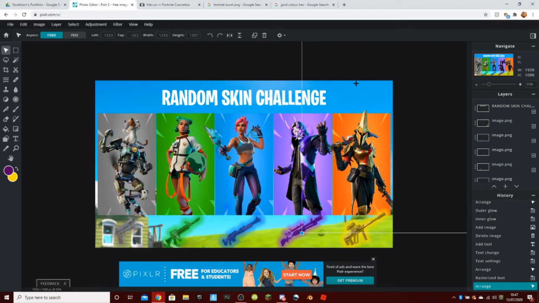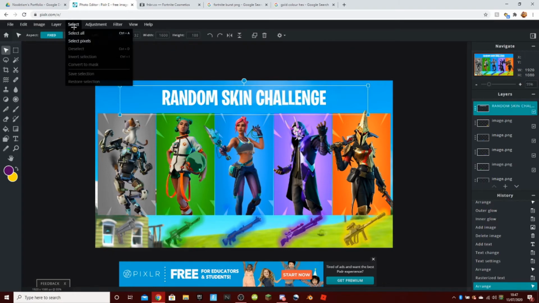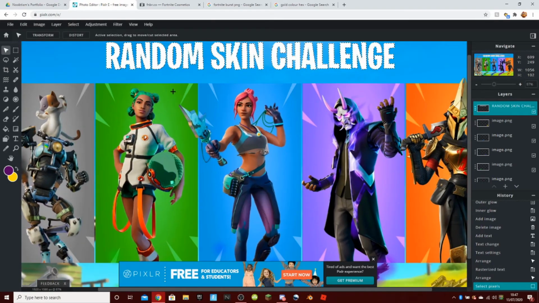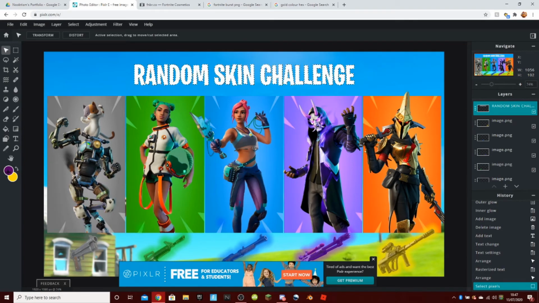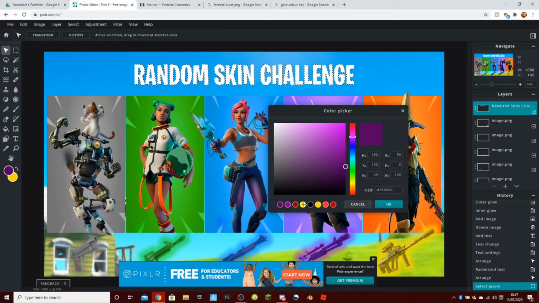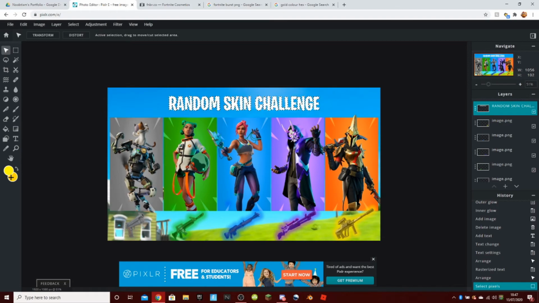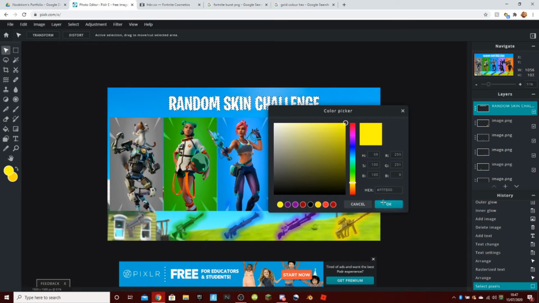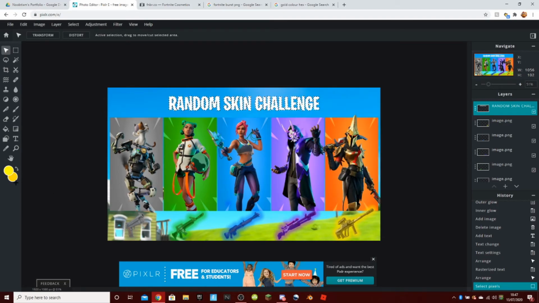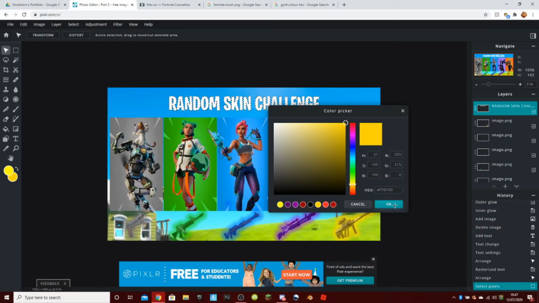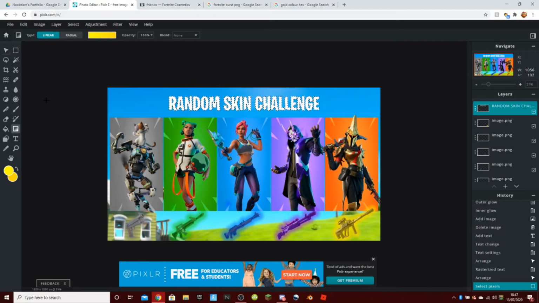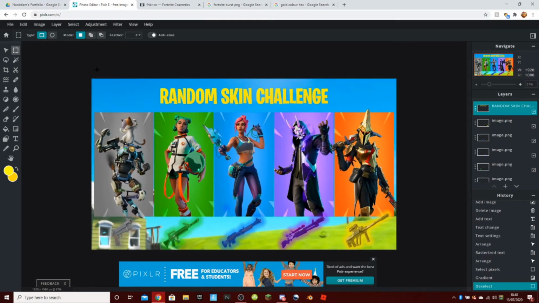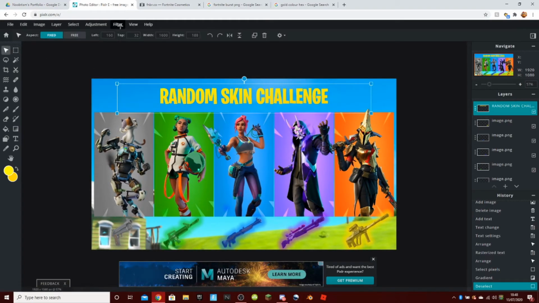It's still centered here. So I'm going to go select and then select pixels, so it selects all of it. And I have these two colors here. These are their hexes, just look at them. And go gradient, make sure this one's first. And just go straight down like that. So you create this nice gradient, and then go filter,